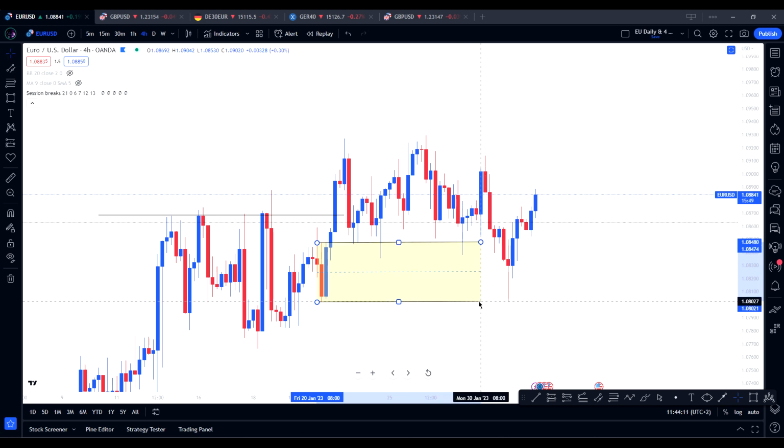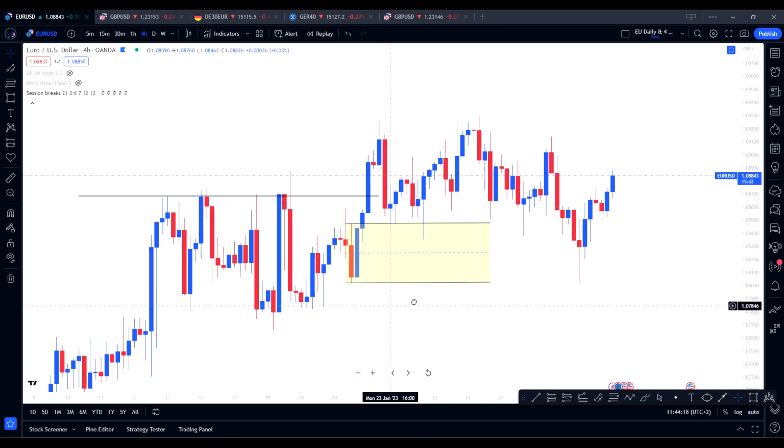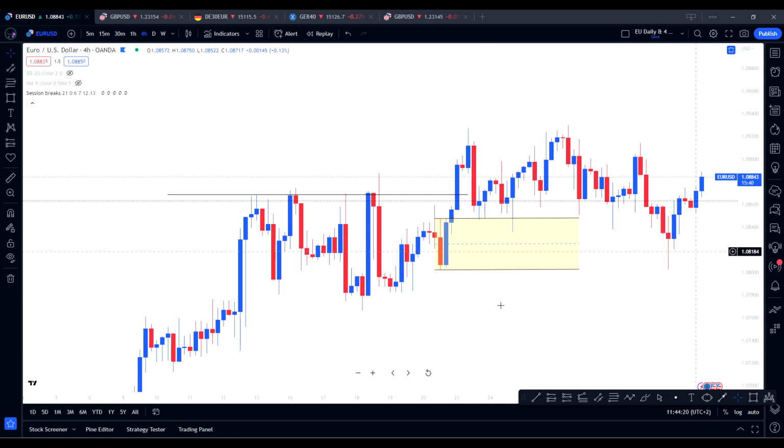All right, so we have highlighted this candle from the top of the wick to the bottom of the wick. Now this candle itself will be known as the order block candle. All right, so now that we have identified our order block candle and we have seen price break through this